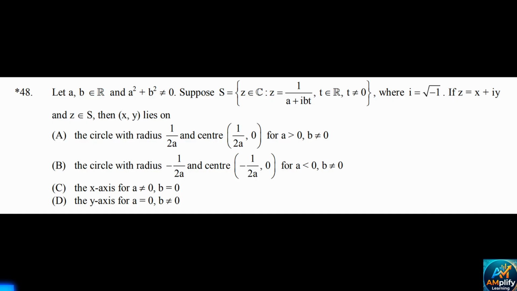Suppose S is equal to the set of z belonging to C such that z is equal to 1 by a plus ibt, where t belongs to real and t not equal to 0, where iota is equal to root over minus 1. If z is equal to x plus iy and z belongs to S, then (x, y) lies on,